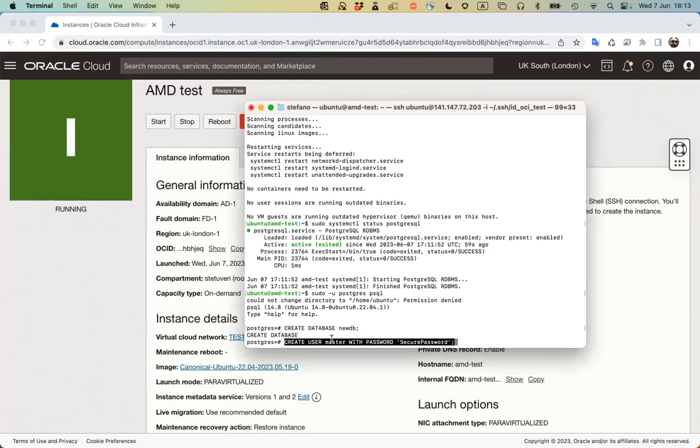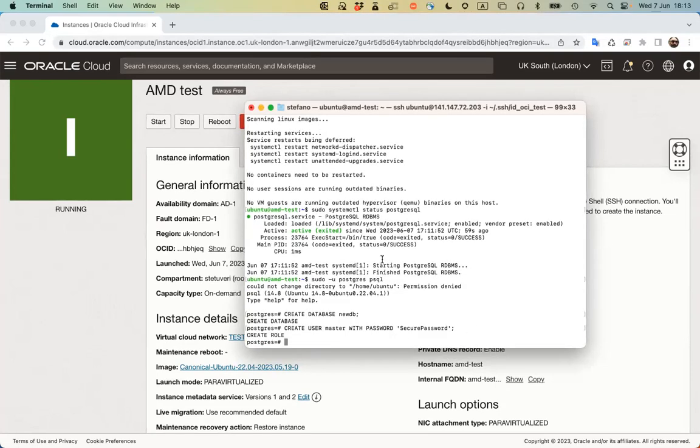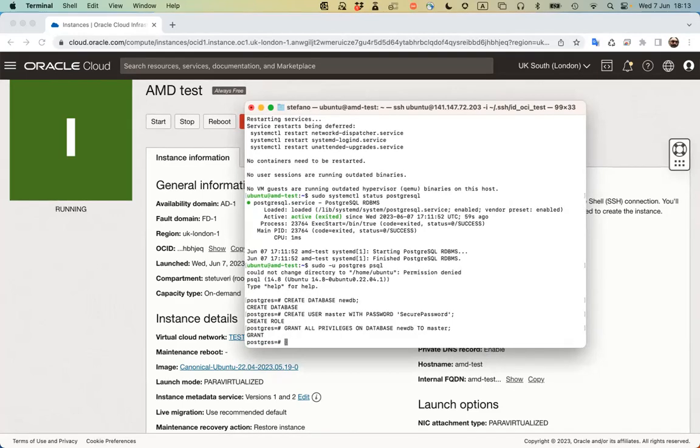The password is in brackets between the quotation marks, as you can see, secure password, and you have to close with the semicolon, otherwise it's not going to accept the command. Then we have to grant all privileges. This is really to get things running quickly, otherwise you can be a little more sophisticated in regards to what the different users can do. Okay, so this one is done. All right, so we can actually leave